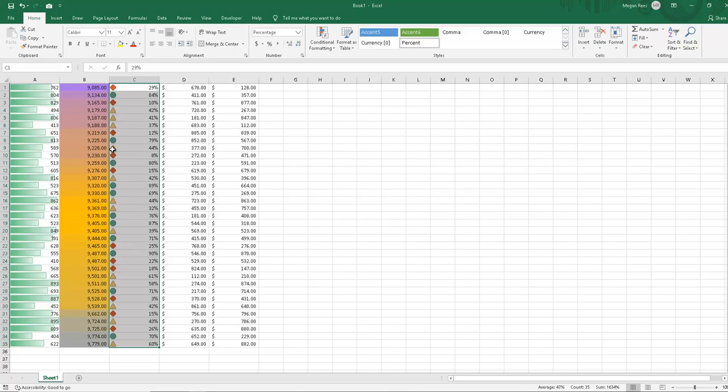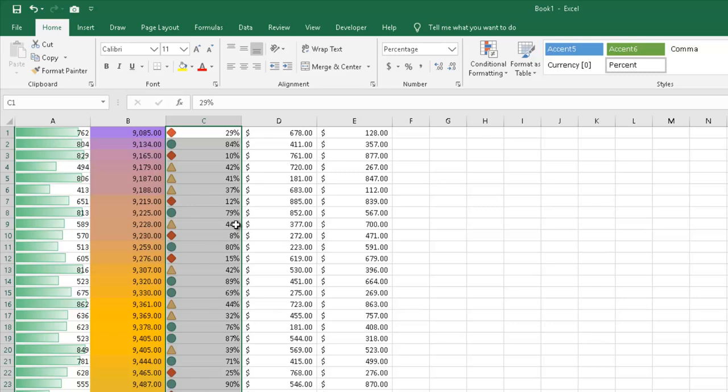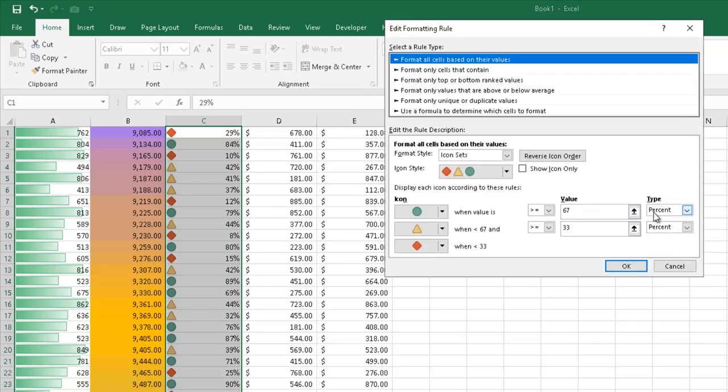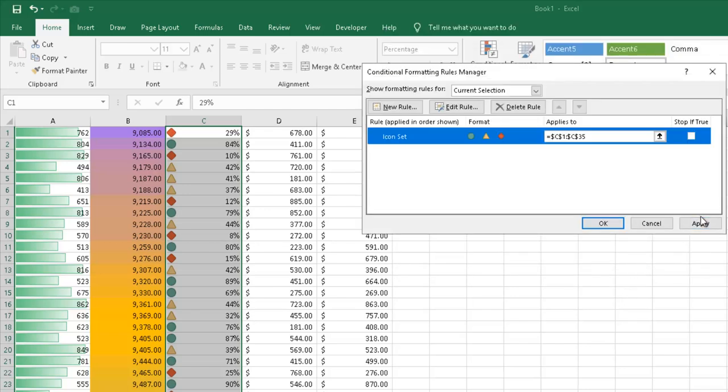But say I don't want to do that. Like maybe I don't want 44% to be the middle of the road. Maybe these are scores on a test or something, and 44% is a really bad score, right? So I might want to come in here to more rules, manage my rules, and I can say, okay, notice there's a percent here and there's a number. This one is a percent, so I'm going to keep it at a percent. And I might say, okay, well, anything over 80% is going to be green, and anything over 60% is going to be yellow, and then everything else will be red,